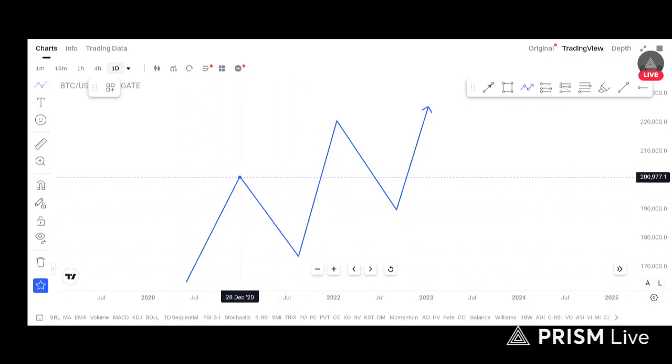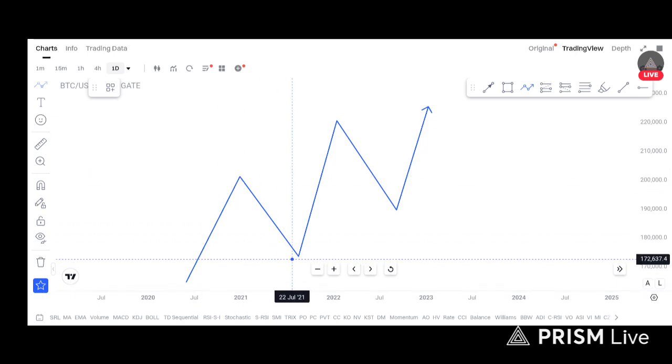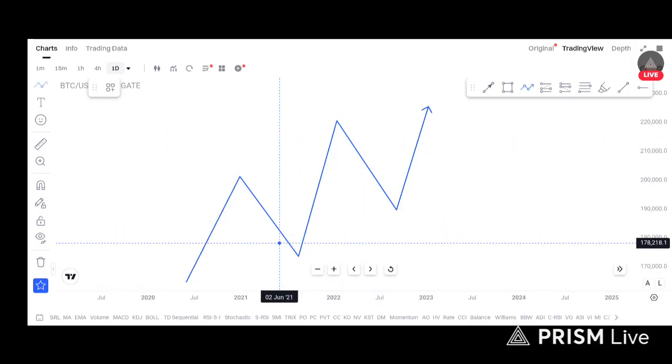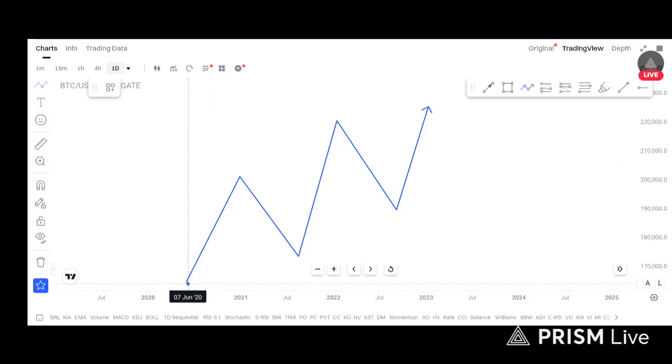This particular continuation leg you are seeing here in the 4 hour time frame is going to be an uptrend, and this pullback is going to be a downtrend. This continuation again is going to be an uptrend, and this pullback is going to be a downtrend. So let me mark it out. Remember, this daily is the higher time frame. This structure you are seeing now is the daily time frame, which is the higher time frame to the 4 hour. Now if you get to the 4 hour time frame, this is what you are going to be seeing: